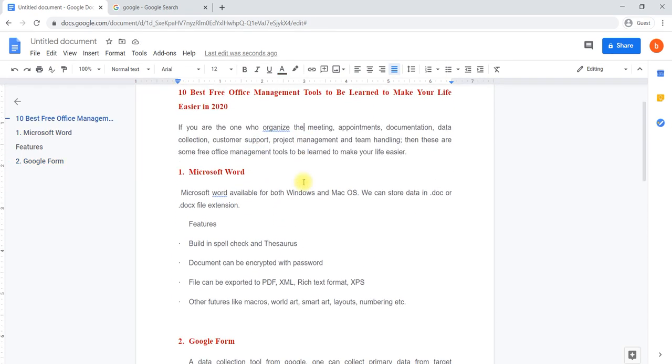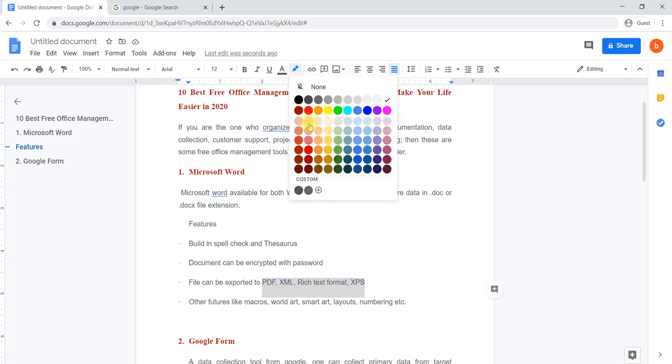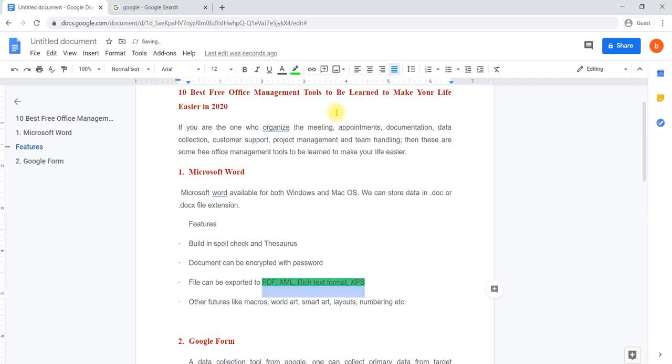For example, somewhere if you would like to highlight the text, I don't want to color, but I would like to highlight that. Then you can select those texts which you would like to highlight, then go to the highlighter here, highlight color. In the formatting itself we have a highlight color here, a pen type icon. Click on that highlight color and select in which color you would like to highlight. Select that color, then the particular text will be highlighted with the background replaced with that color.